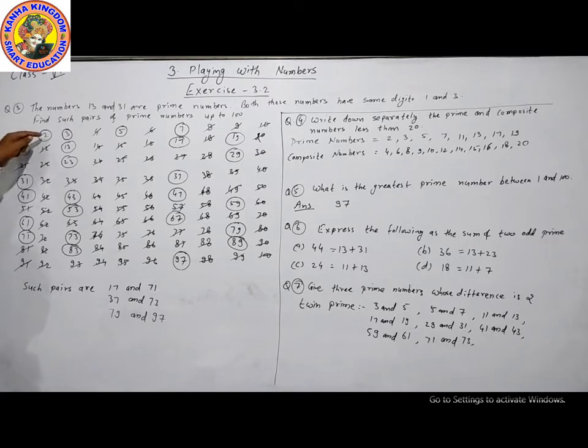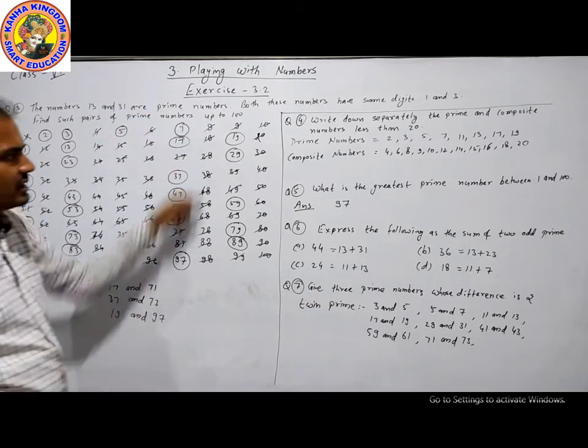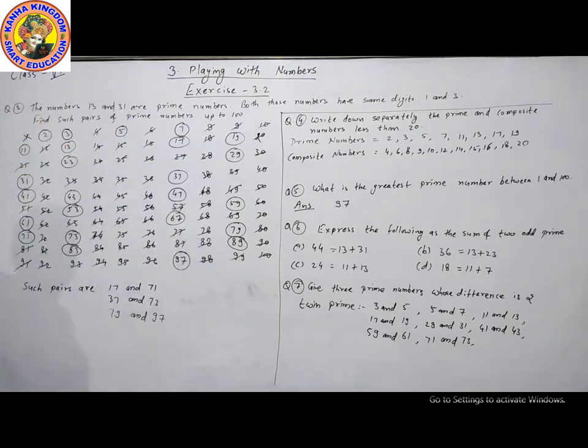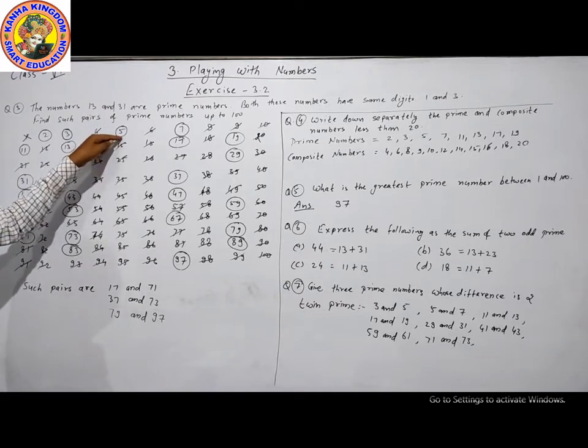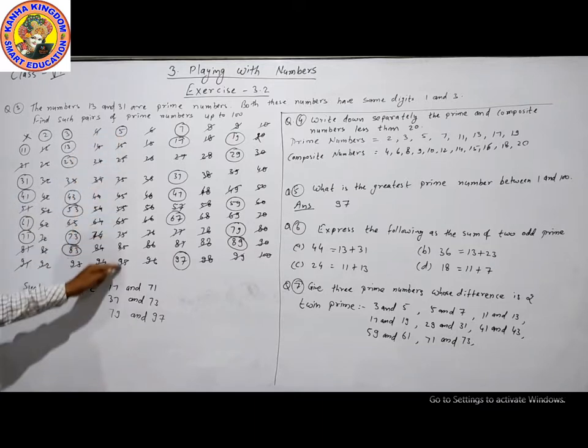Taking 2, we cut down the numbers which are divisible by 2: 2, 4, 6, 8 and 0 series. Now the next prime number is 3, so we will cut the numbers which are divisible by 3: 6, 9, 12, 15, 18, 21, 24 and so many more. 4 is already cut, so the next number is 5, so we will cut the numbers divisible by 5, the series of 5 and series of 0.